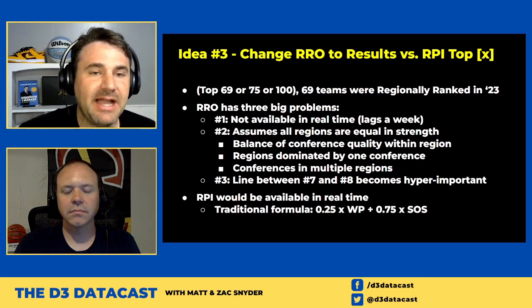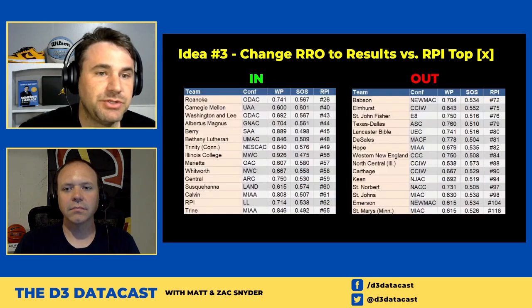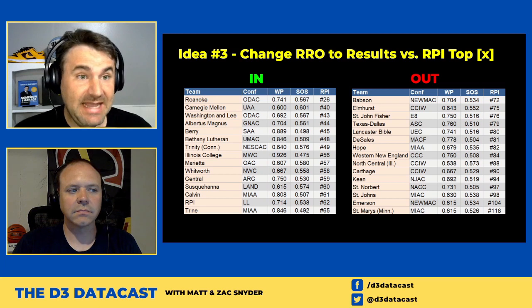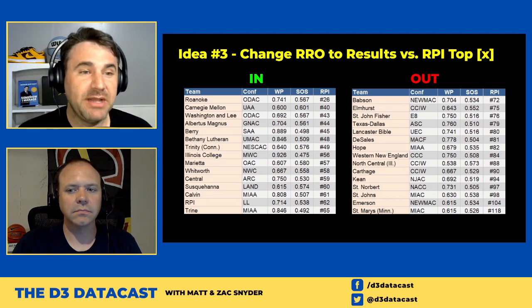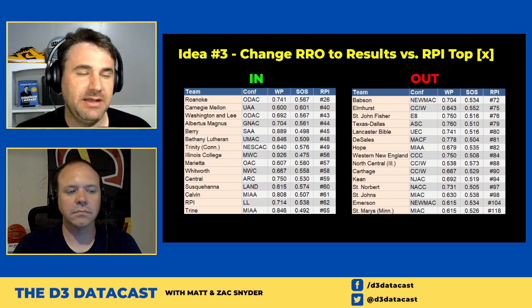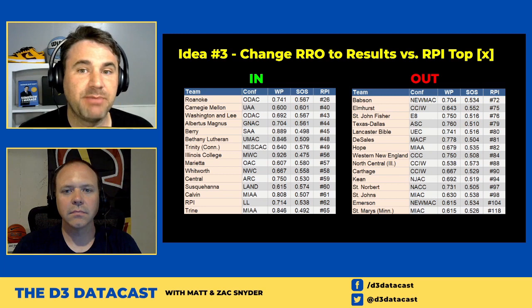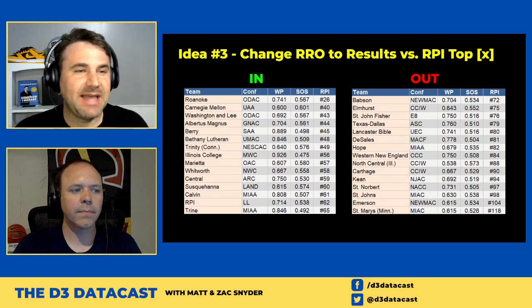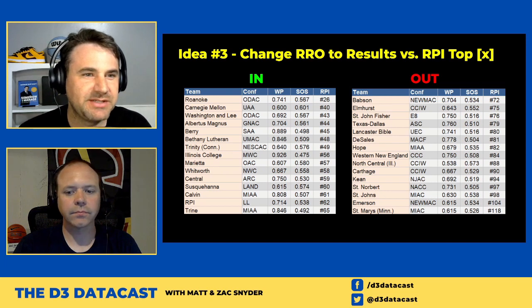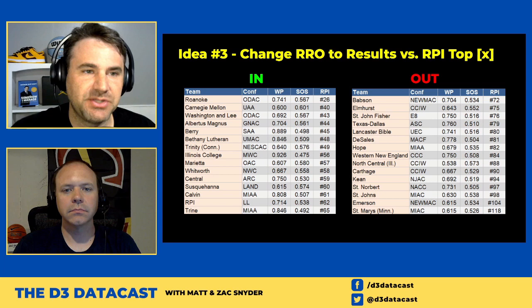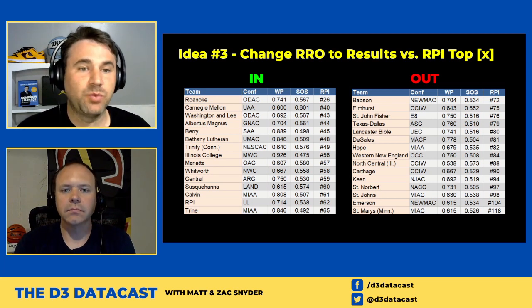So I'm going to go to the next slide, and we're going to actually look at an example of what this would do to the data. Here in the left column are teams that would now be, quote unquote, ranked in the top 69 if we went to an RPI system. The right column, in red, are teams that were ranked in their region but were not in the top 69 nationally in RPI. So games against them would no longer count for this criteria. I'm saying count if we did a top 69 system, just to match it one for one. And teams on the left would.